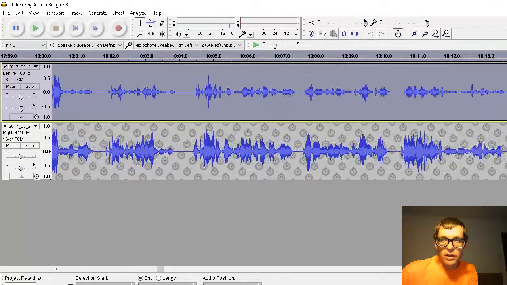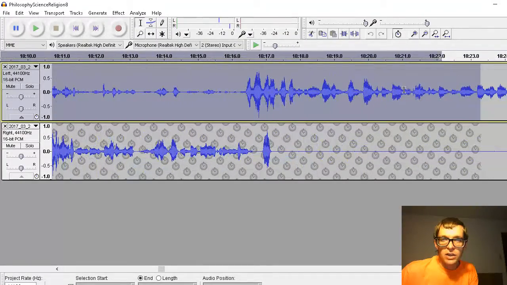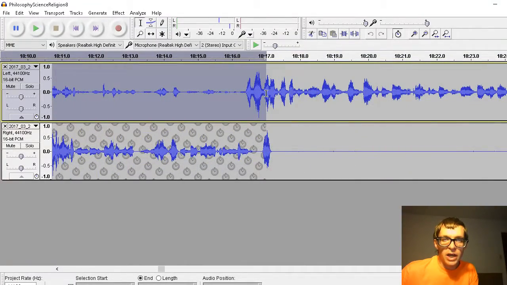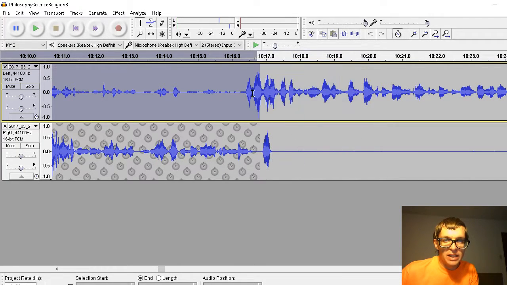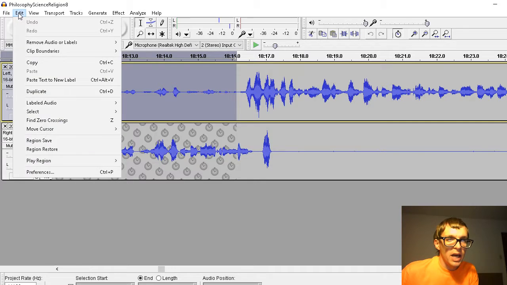See, now here, see what I'm talking about? This looks like it's a part where I was talking, because it's a visual representation. See how it has only my audio, but hardly anything on the bottom one? That means that this is a place, I'm going to drag the selection to here, and now that I have that selected, edit,